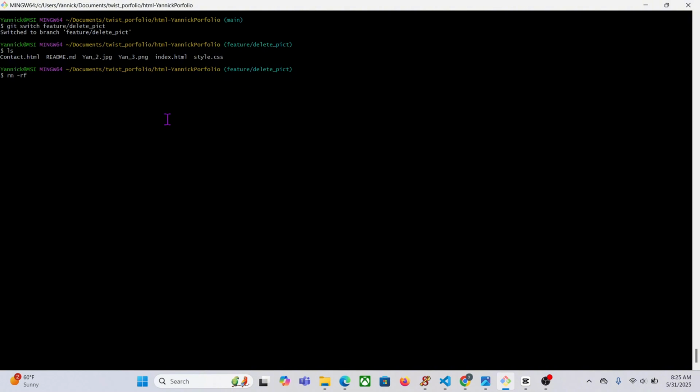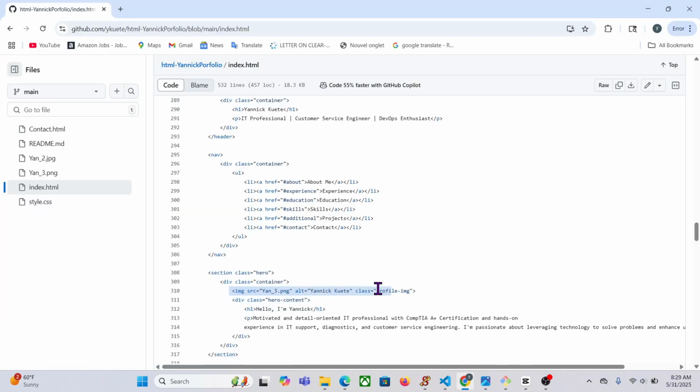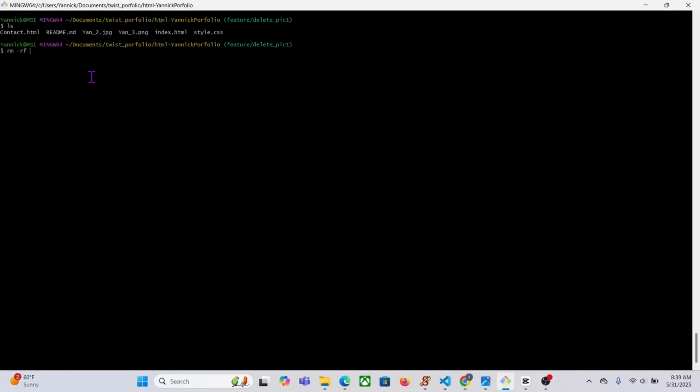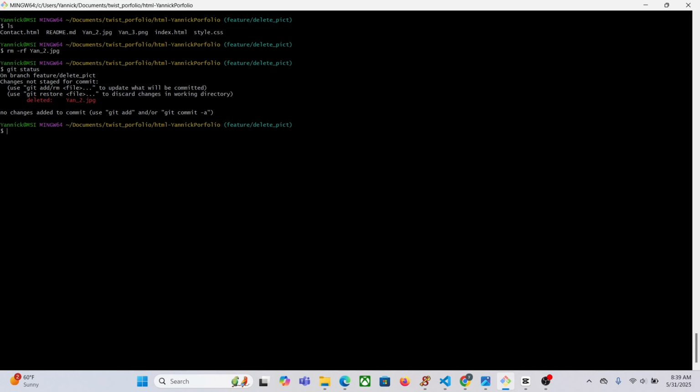Right now I list the content of my feature branch, and I'm going to remove the picture yarn2. I just double checked first inside that it is yarn3 that I've attached to my website portfolio. So I'm going to delete yarn2 since I'm not using it on my website using the rm -rf command. And when I run git status now, you can see that I have something that I can add. Okay, yarn2 is showing in red, so I'm going to run git add yarn2.jpg,